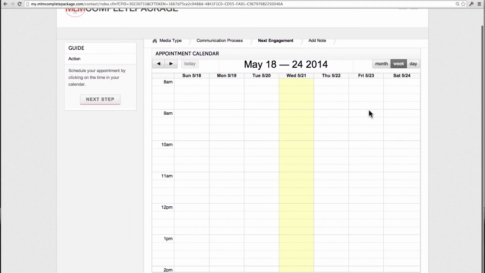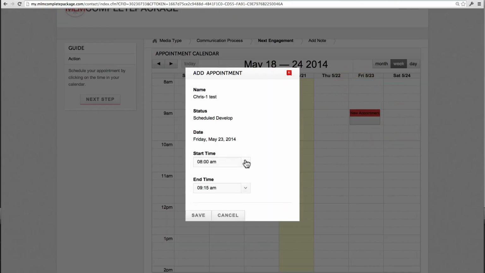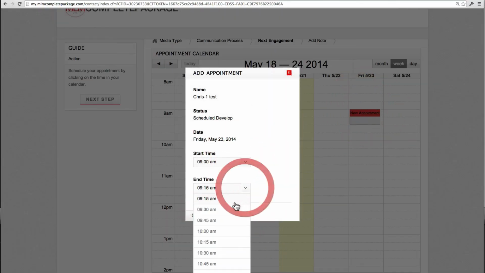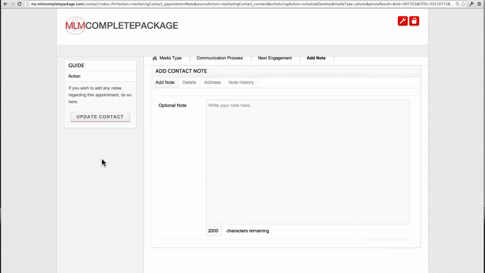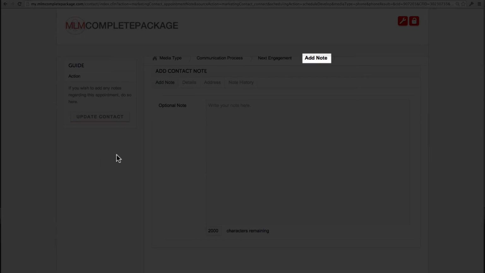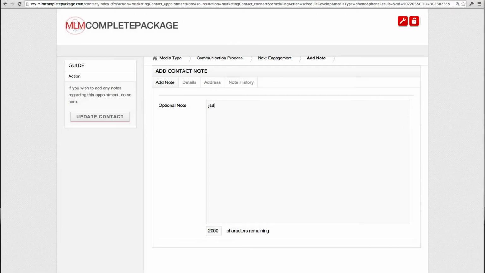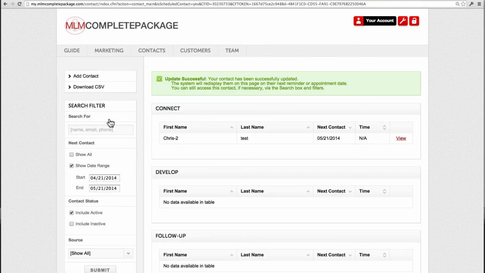and we're going to talk Friday at 9 a.m. So I'll put that in here on the built-in calendar. And then it takes me to the 4th step, which is add a note. I would normally type a summary here of what we talked about, so that when I come back, I can review it, it'll be fresh in my mind, and I know what I'm going to talk to the person about. So I'll click update, and that just finished that engagement process with me for that contact or